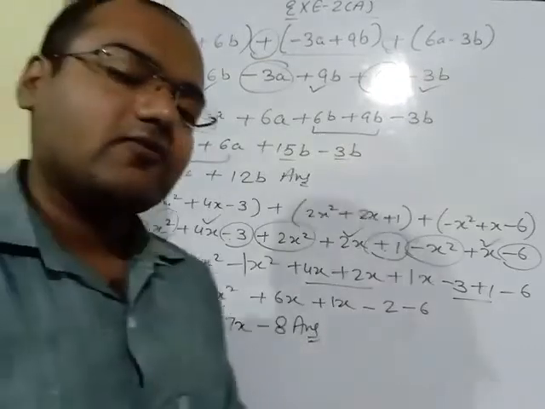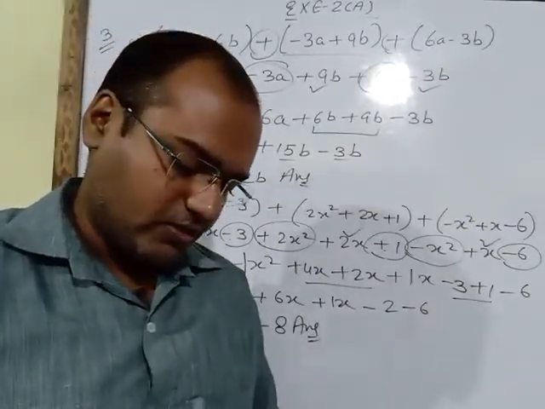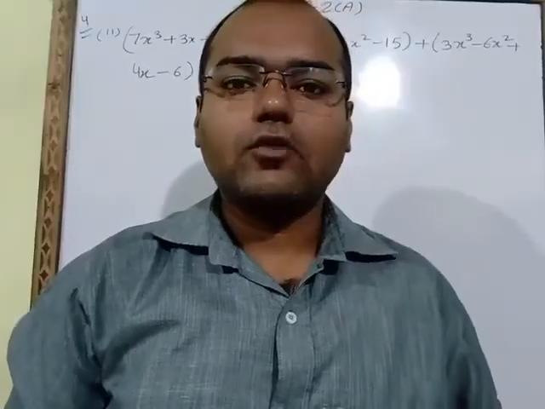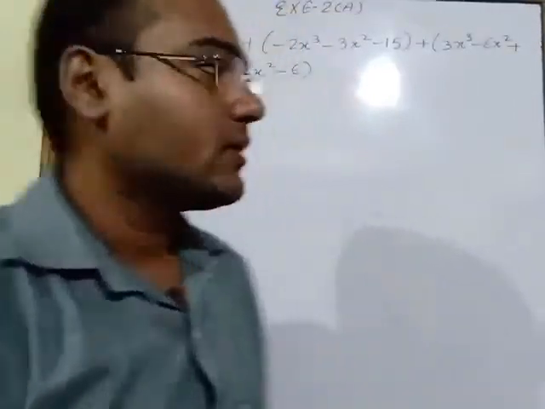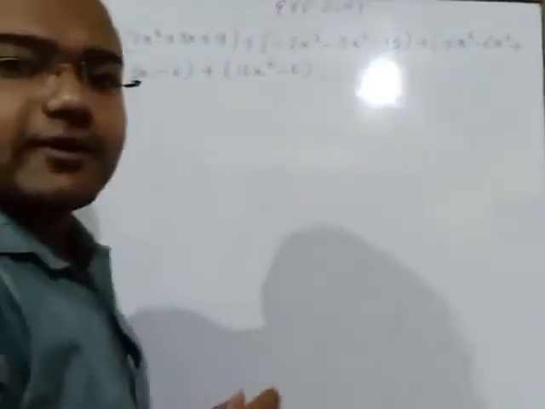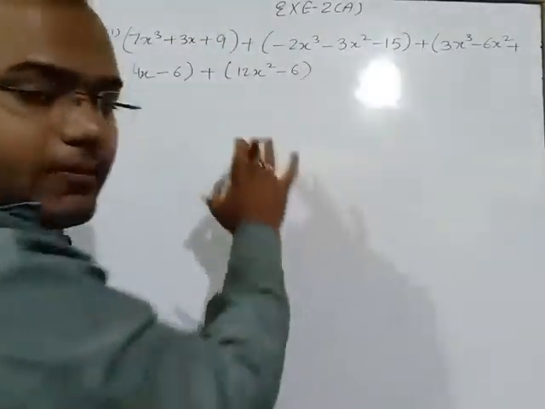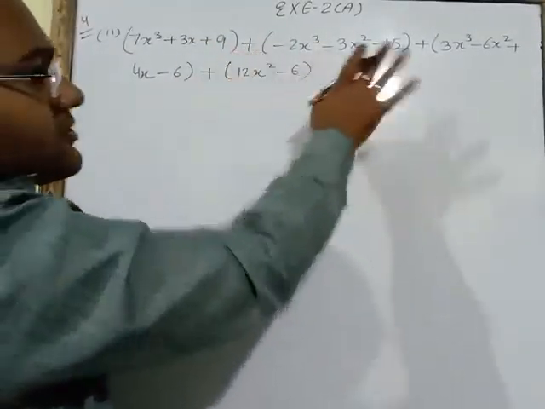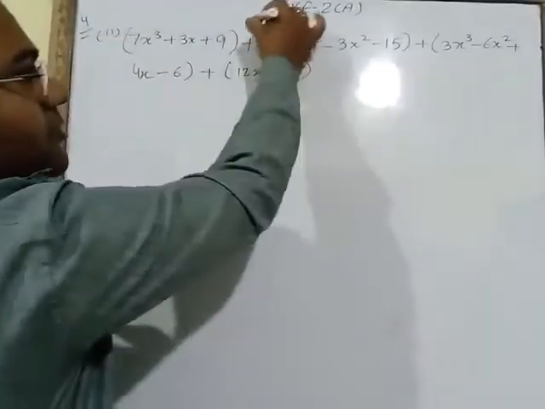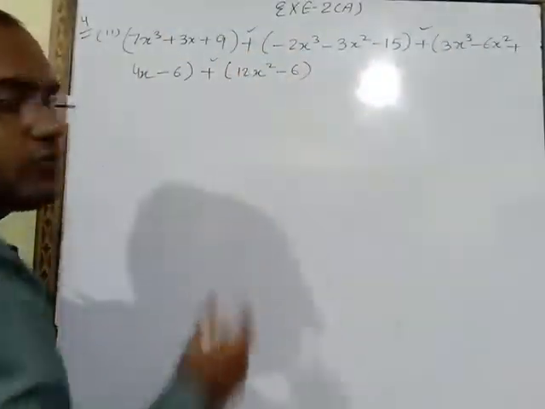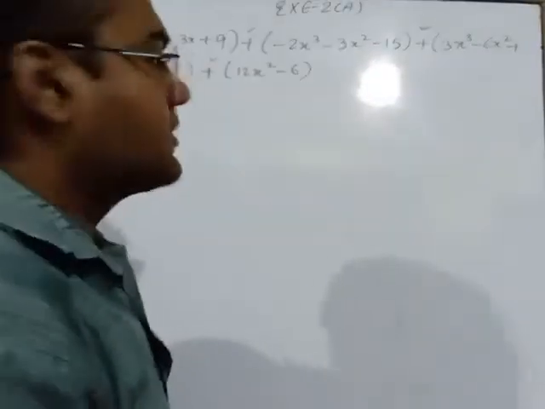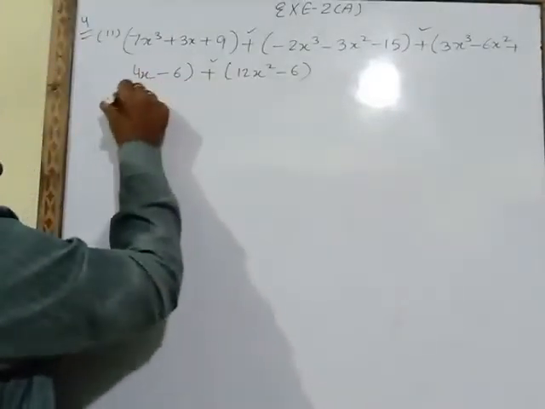So like this you have to do all the remaining parts of question number third. Now all of you see question number fourth. Here also you have to add. So what we will do first, we will put all the numbers inside the bracket and between those brackets we have to put a plus sign as I had put here. Why we have to put a plus sign? Because we have to add these numbers. Now we will open the bracket.